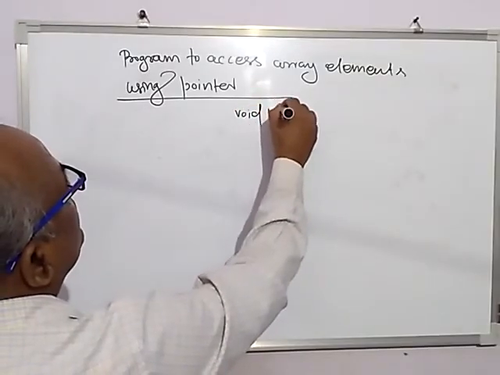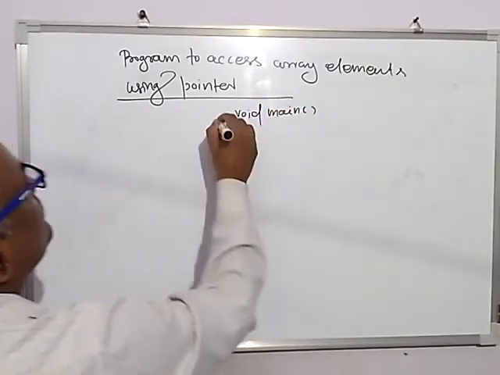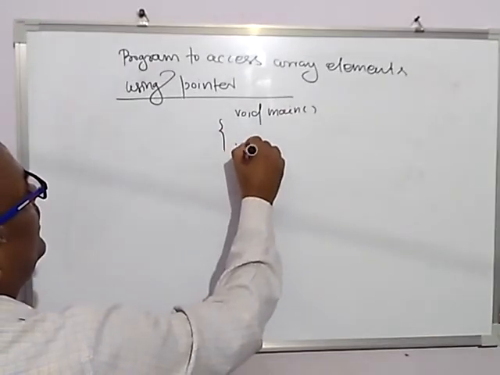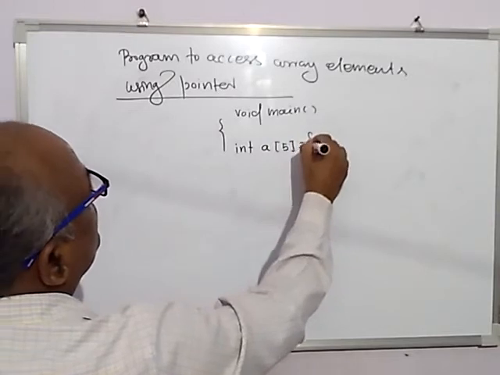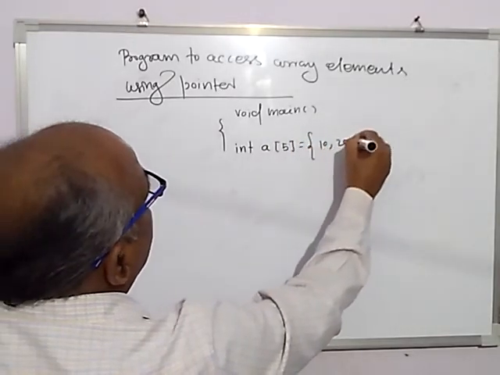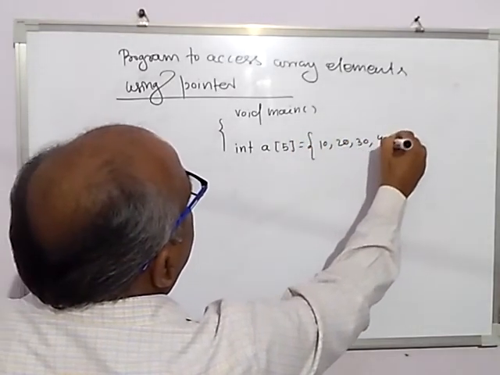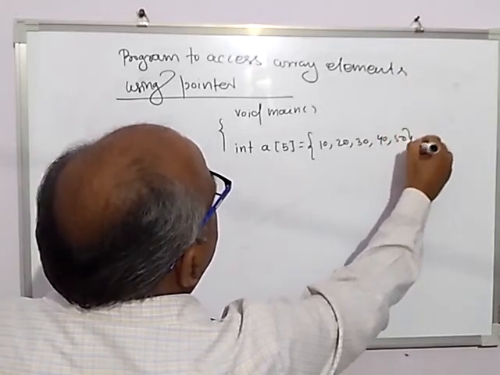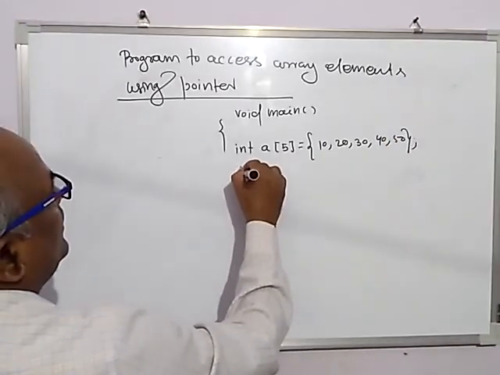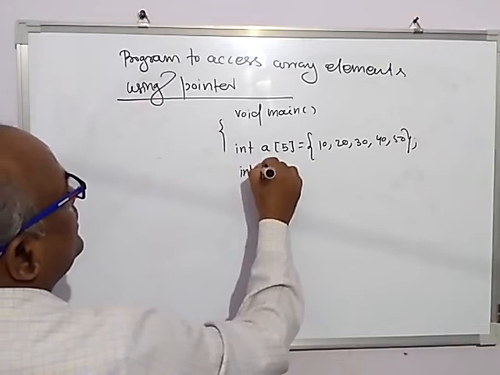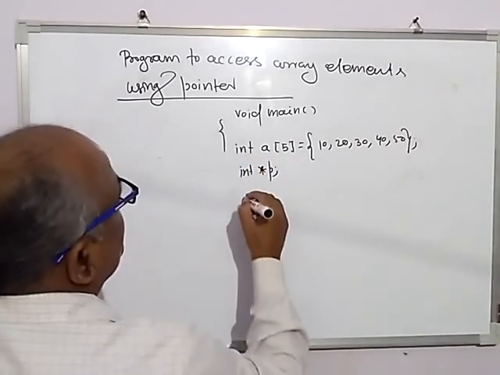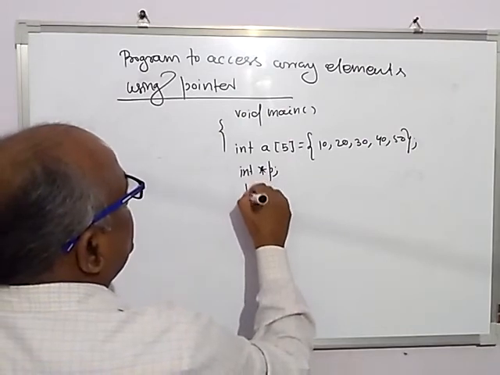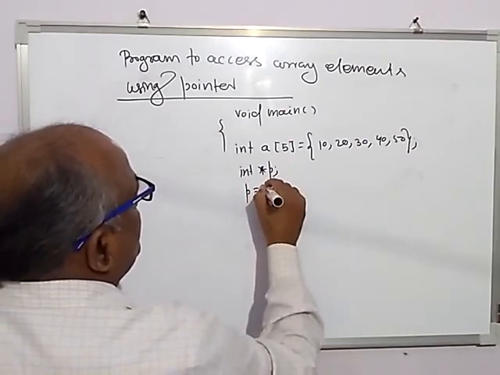Main function: int a[5] = {10, 20, 30, 40, 50}; then int *p = a;